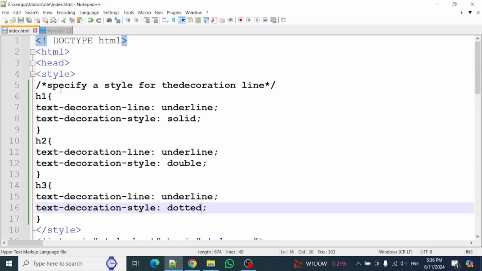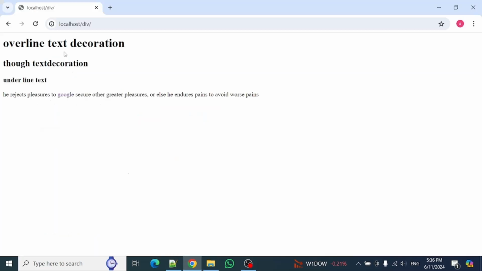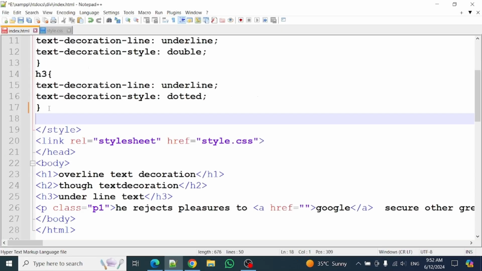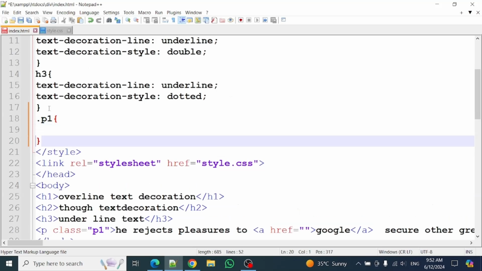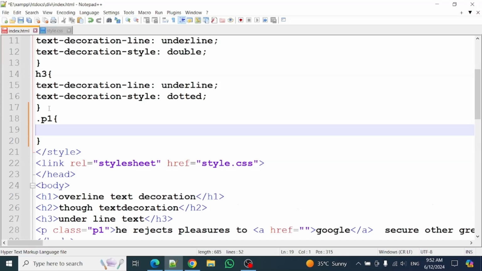Save the file, go to the browser, and refresh the page. Dotted underline, double underline, and underline solid. Now write the period character, P1, open curly braces and close curly braces, text-decoration-line,